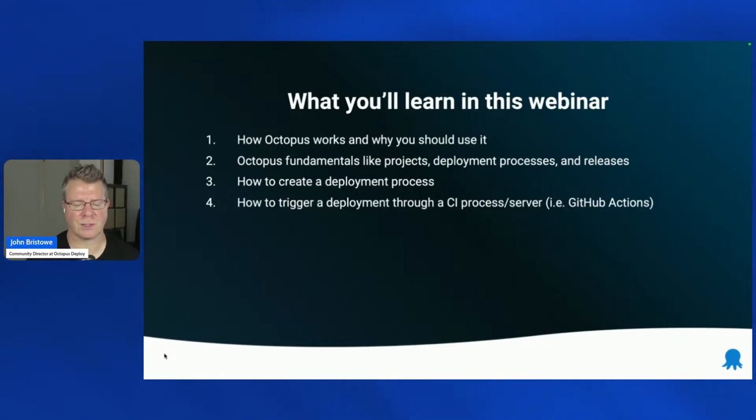CI stands for continuous integration. It's a process that developers use to build and test their code on a repeated basis. Typically, that's where life springs for a lot of deployments. It doesn't have to, of course, but it's the canonical sort of example that most developers and DevOps engineers know. So we'll utilize that using GitHub Actions as an example, but we integrate with a lot of different technologies, as you'll see in a second.